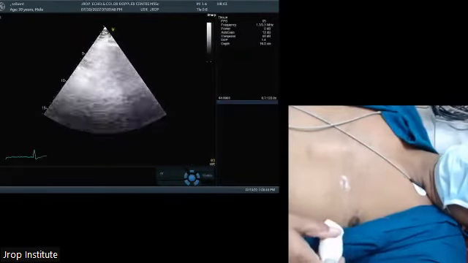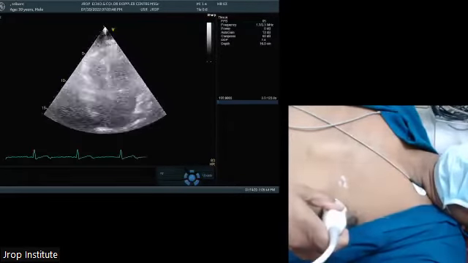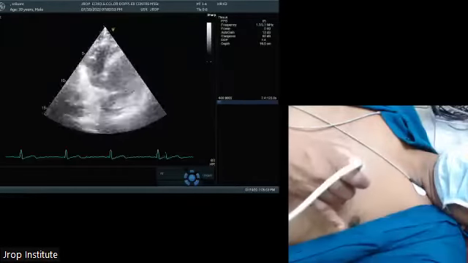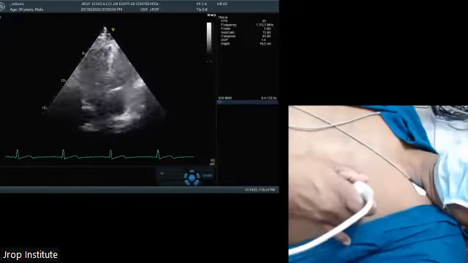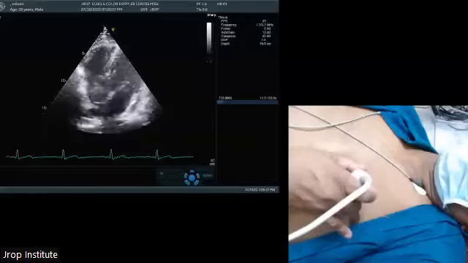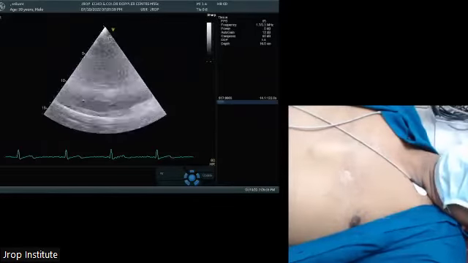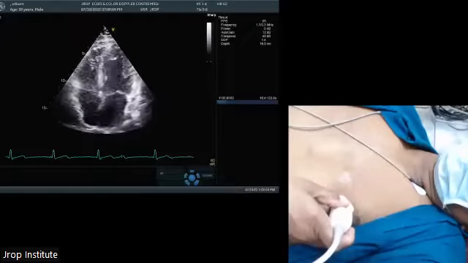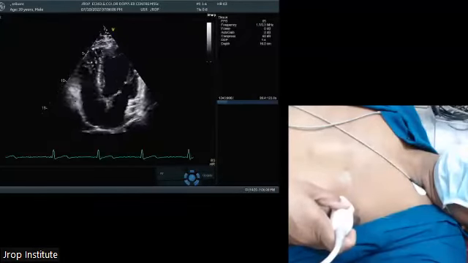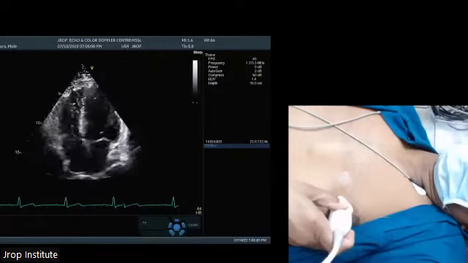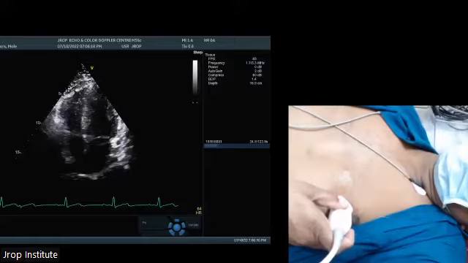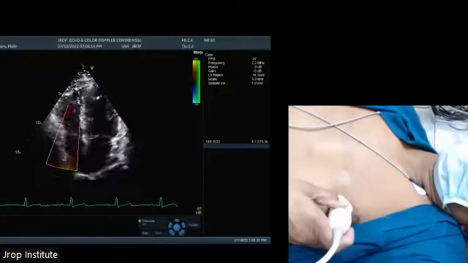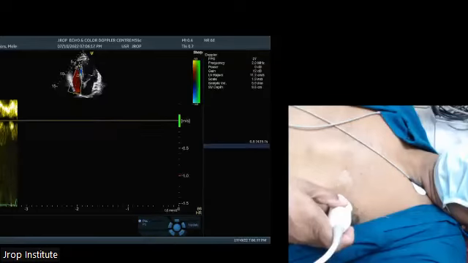Similarly, if you go to the focused RV RA view, this is the focused RV RA view. So this view would be good for looking at tricuspid flow pattern as well as TR jet gradient. So I'm measuring the tricuspid flow pattern,